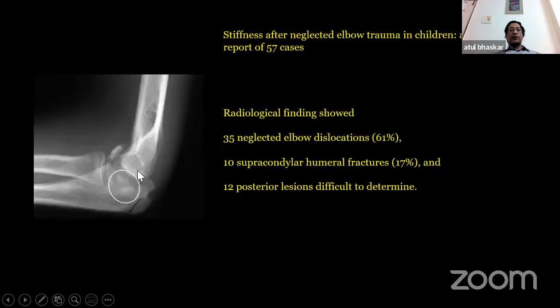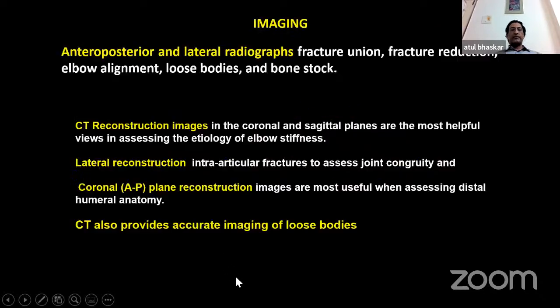So when you get an elbow X-ray, not only look at the intra-articular pathology, look at the AP view, look at the physis of the elbow, the radial head, the olecranon, and on the AP view, the medial epicondyle, because that can sometimes displace. Also, you can comment on the ossification in the front of the elbow. So this is capsule ossification. So there is an intra-articular pathology. There's also the extra-articular calcification, which can cause stiffness of the joint.